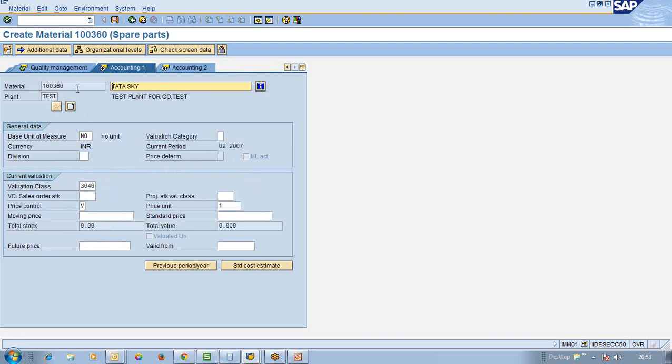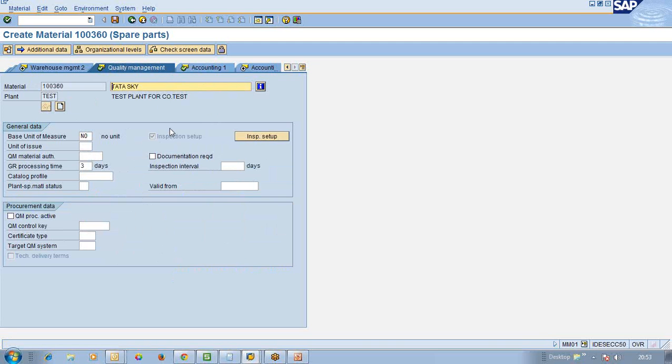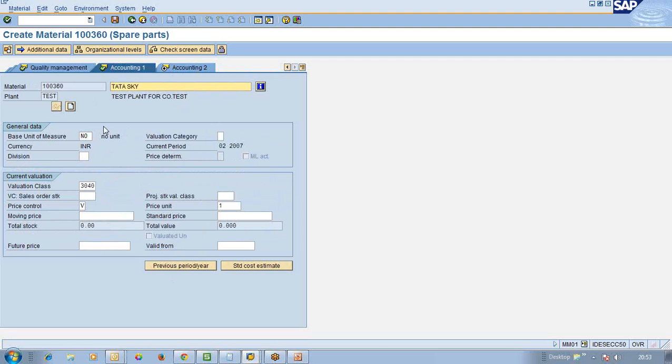Now we'll move on to the accounting part. Here the MM and QM integration comes under this tab. Now the MM and FI part comes under the accounting part. In accounting,